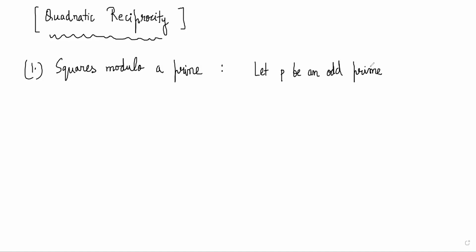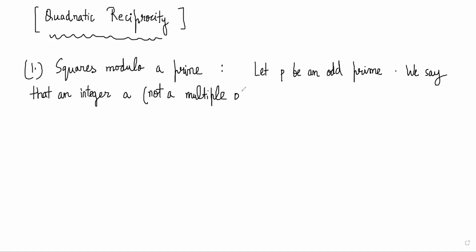We say that an integer A, which is not a multiple of P, is a quadratic residue mod P